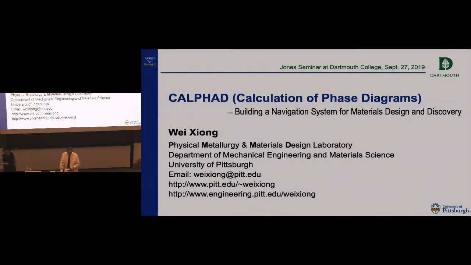Our speaker today is Xiong. I've known Wei for a few years. We've actually written 3 unsuccessful proposals together at this point, so I hope in future we're going to write successful